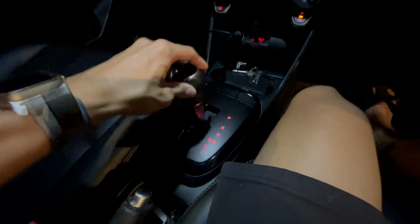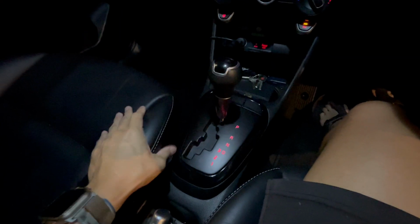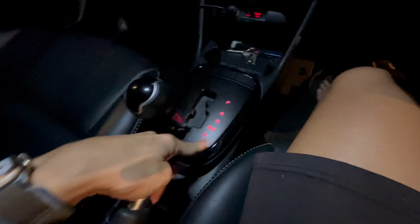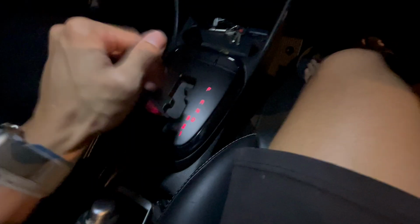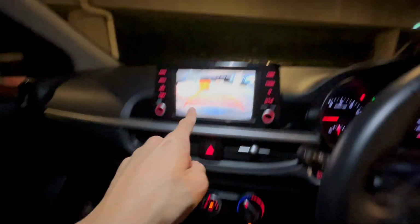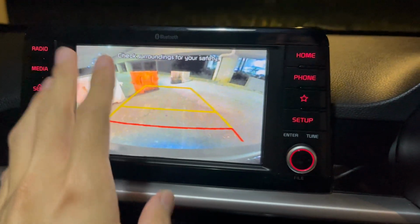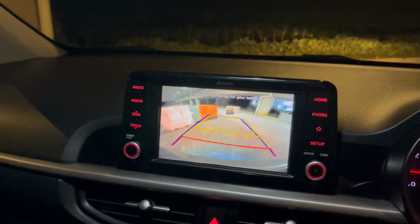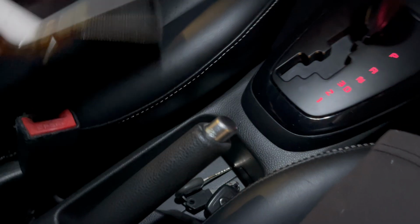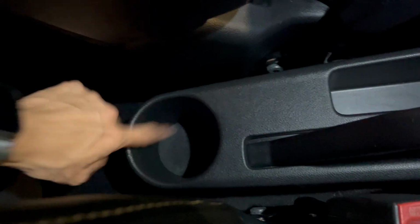And for the gear stock, it's a 4-speed automatic developed by Hyundai and Kia. So it has low gears from first gear, second, third, fourth, and when we put it into reverse, it has reverse sensors as well as a rather high-res reverse camera with active guidance signs. Manual handbrake, no complaints. And here is another deep storage space which can store more things. One cup holder for your Starbucks Grande,